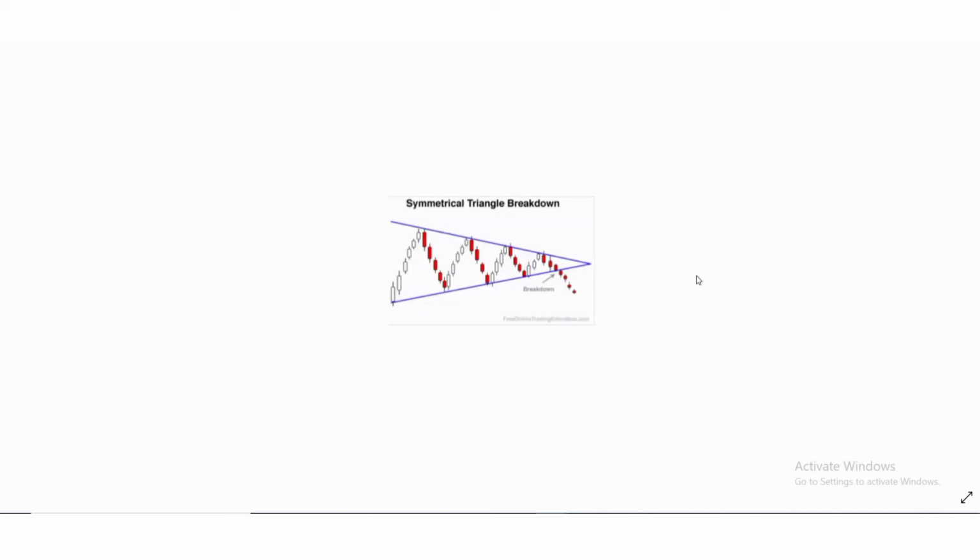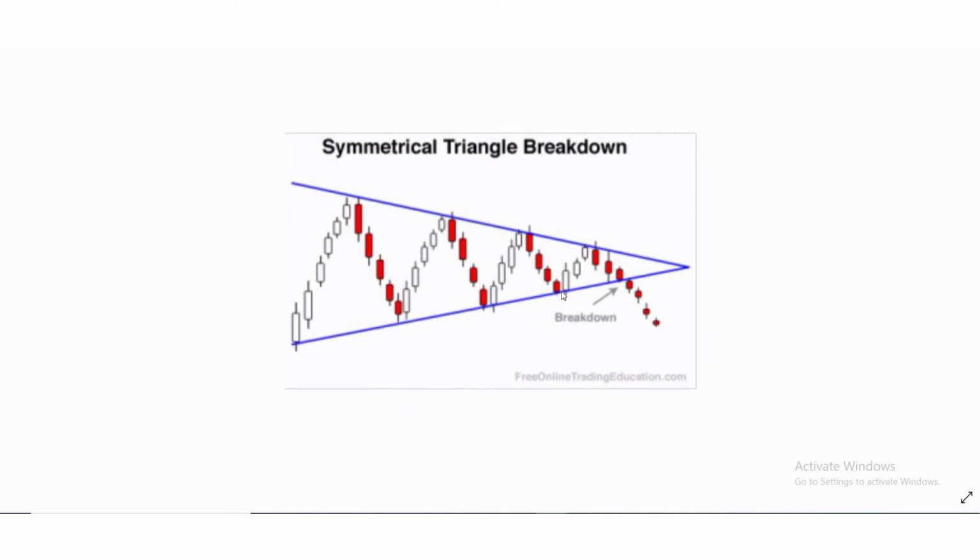Now we have the bearish symmetrical triangle also. You can see what a bearish symmetrical triangle is. The stock price was in a narrow range forming a symmetrical triangle. Now after that range, the price broke down on the downside. After getting a confirmation of the breakdown, we can enter our trade here, keeping the stop loss on the upside.